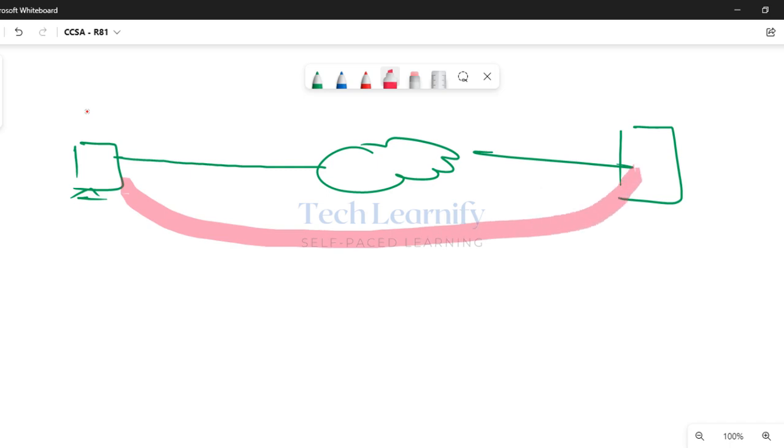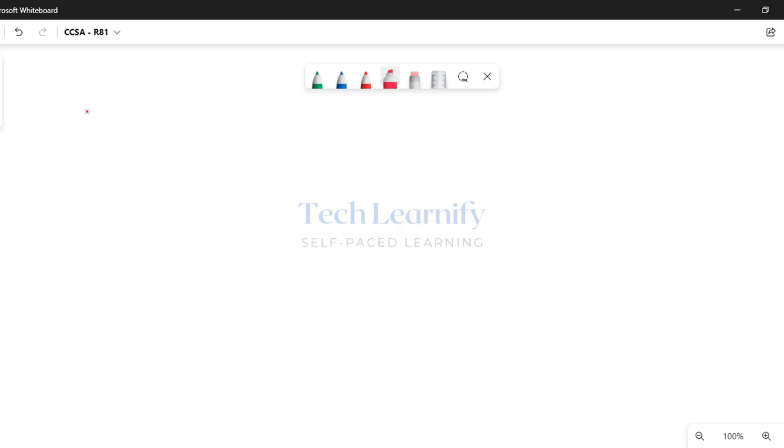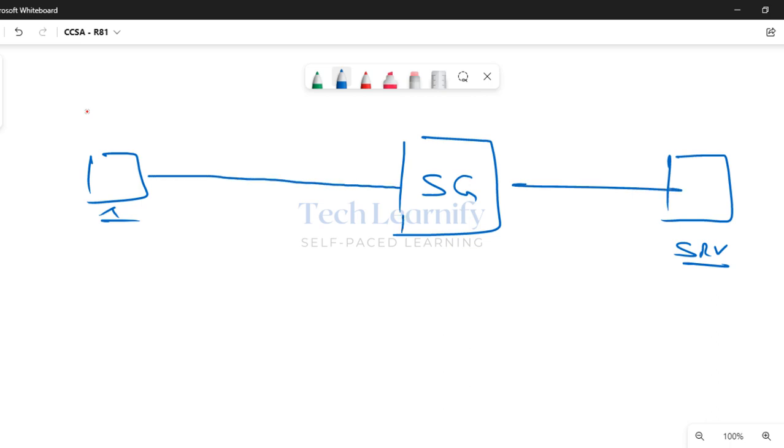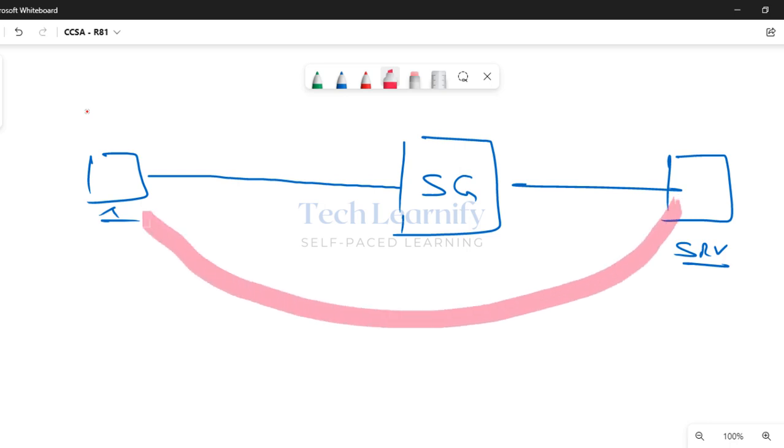Now let me bring a Checkpoint firewall here in between client and server. What if the firewall is sitting in the middle of the communication stream? What will happen? So here we have the client, the Checkpoint security gateway, a firewall, and a server, with a physical connection. Now, if client and server again have successfully negotiated a tunnel, there is a tunnel end to end